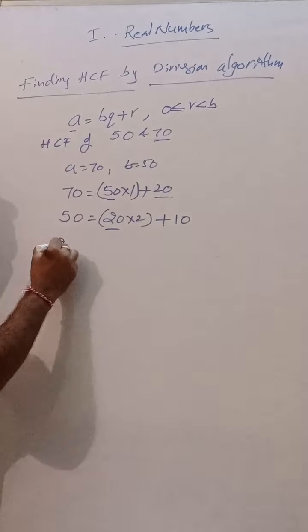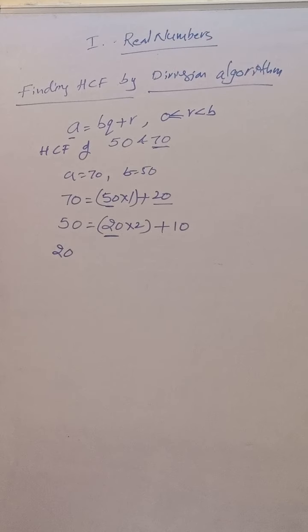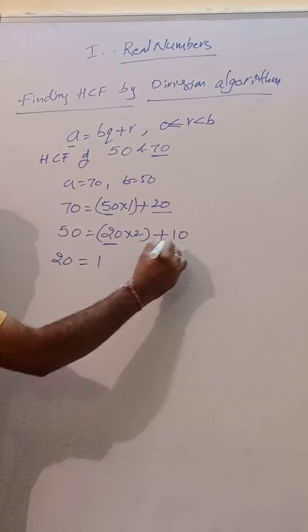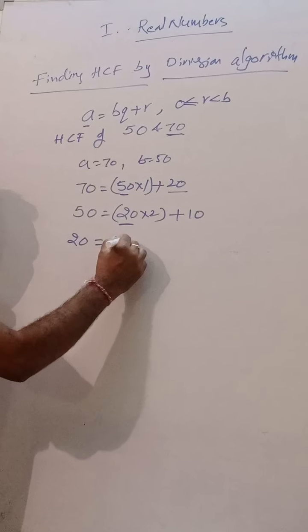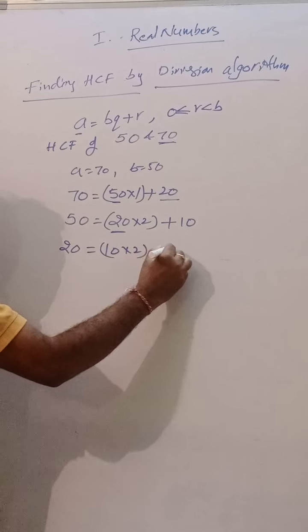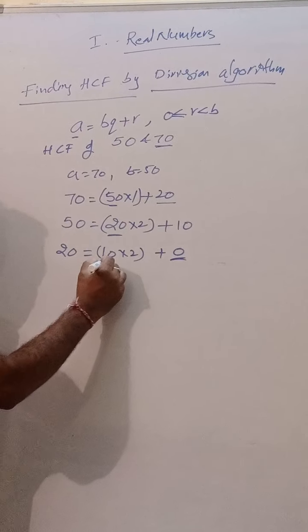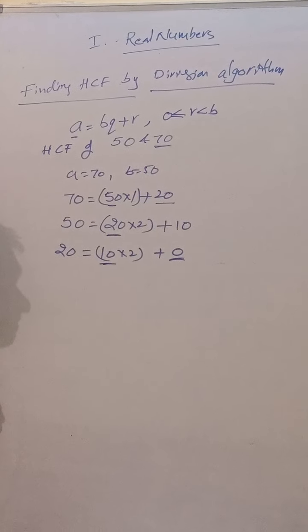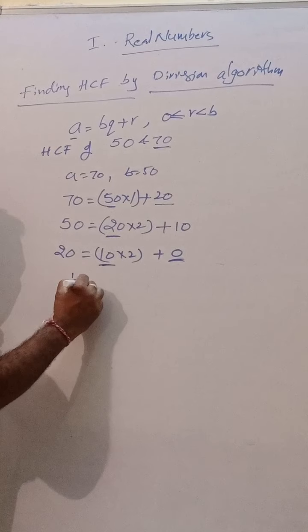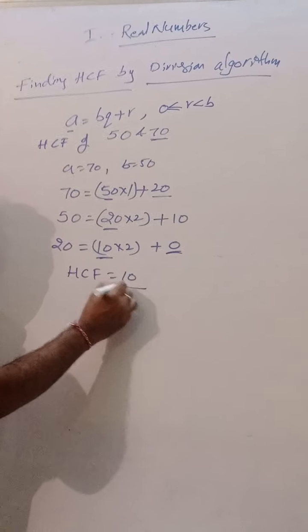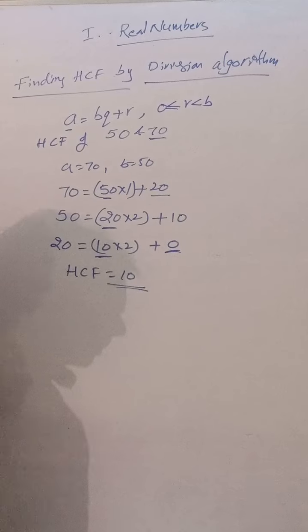Now the previous divisor becomes the dividend, and the remainder becomes the divisor. 10 twos are 20, the remainder is 0. Where the remainder is 0, the divisor is called HCF. HCF is 10. We discussed it in three ways. Okay. Now